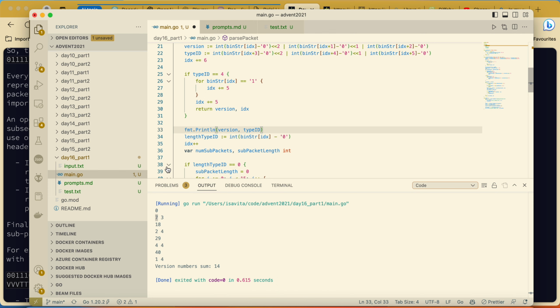I think this is the bottom of the recursion, because okay, we have 6 already here.